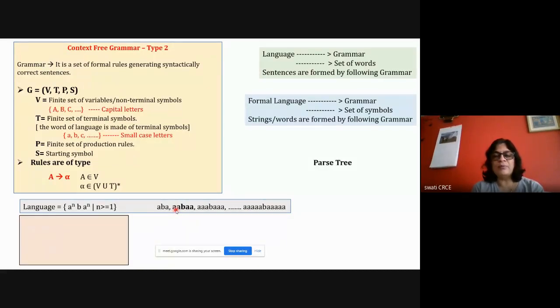So we can have a push down machine. With the help of stack you can solve the problem, and we can draw the parse tree for such a string. S is equal to ACA, again C is equal to ACA, and then finally to stop the recursion C is equal to B.